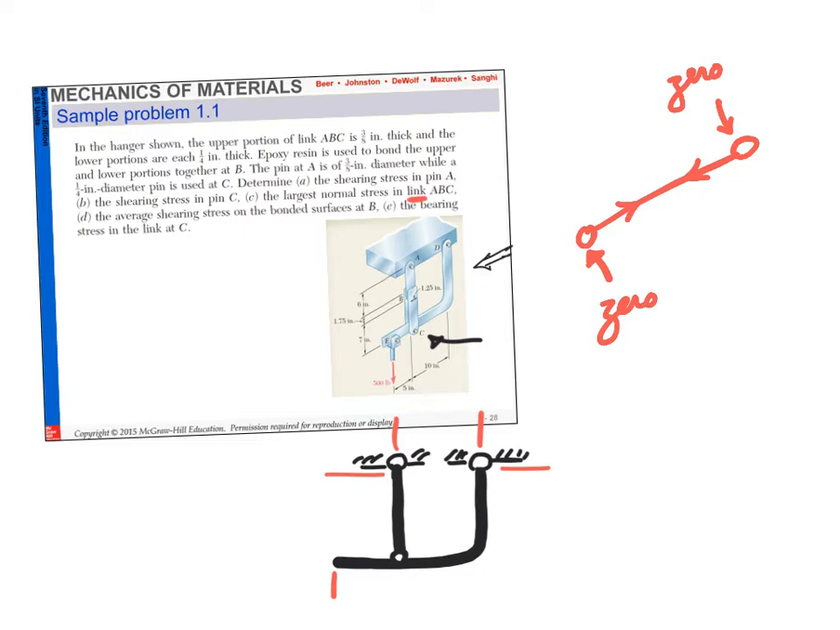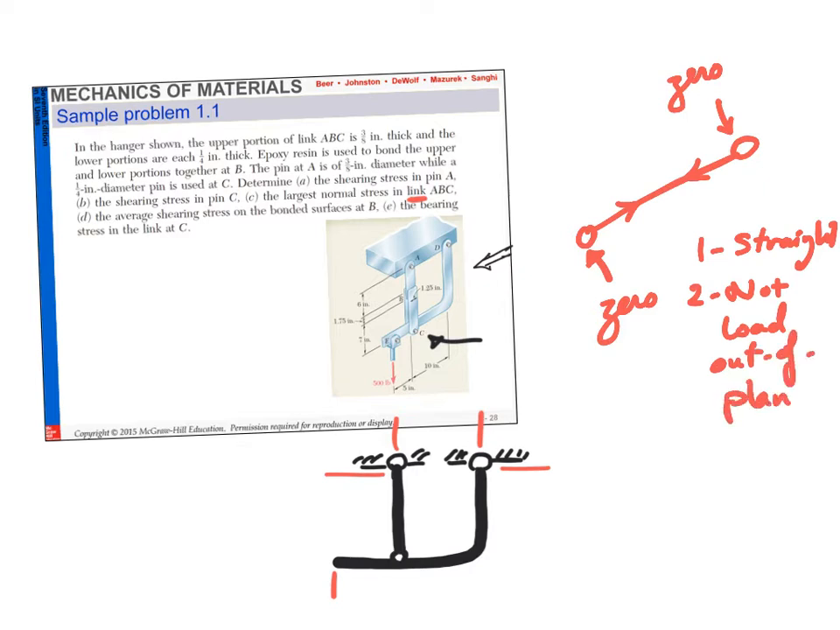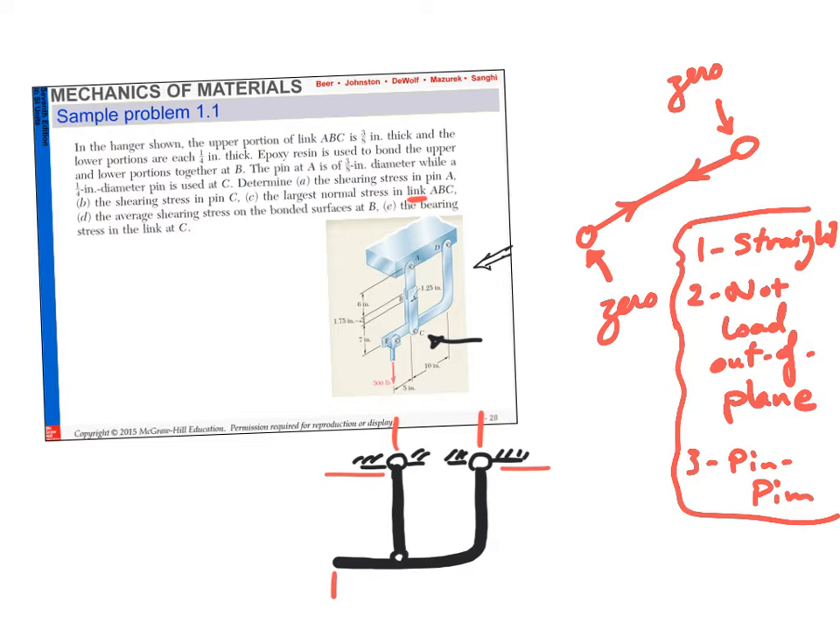Do you understand now? So any link, remember this. Number one, it's straight. Number two, it's not loaded out of plane. And of course number three is its pin connection. If those three conditions happen to any member, that means it only takes which force? This force. Does that make sense? So automatically I'm looking at a link that is straight, that is pin-pin, that has no